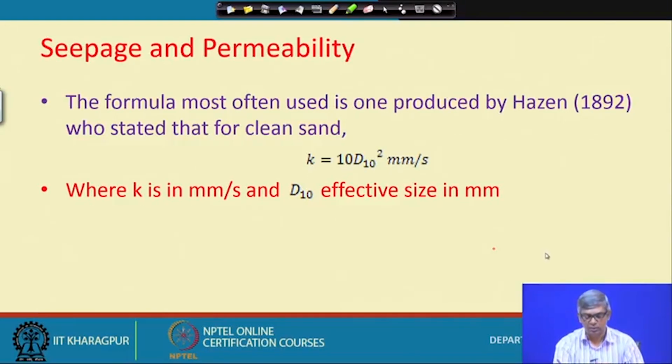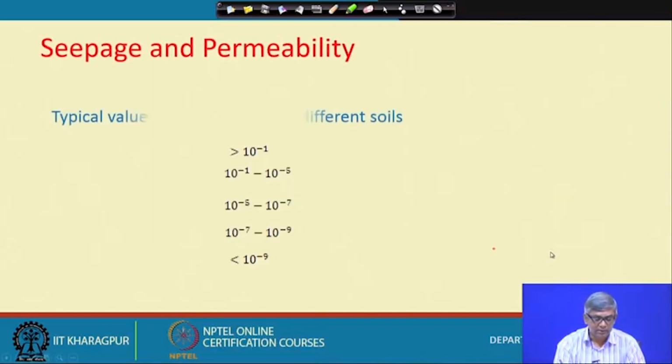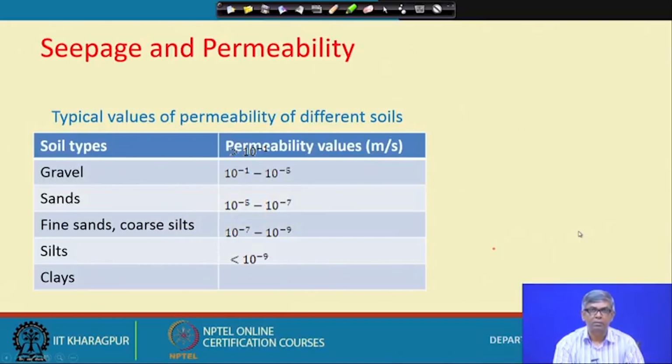So, you have to find out the permeability for different soils, and for that there are a number of references available where we can find those values. This table is a little disturbed, I do not know why, but one shifting happened. Anyway, when we become a civil engineer, or particularly a geotechnical engineer,